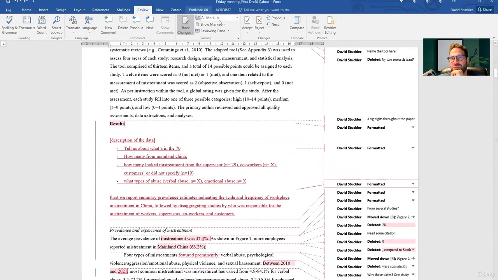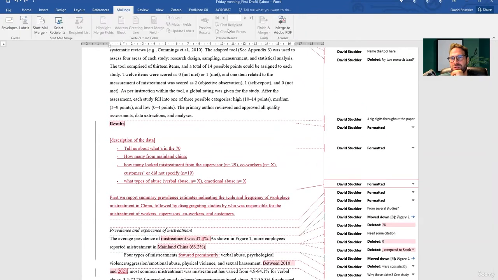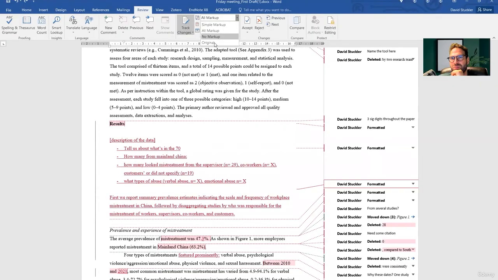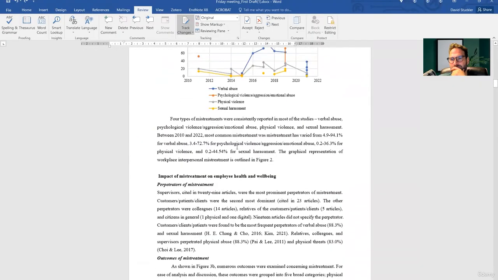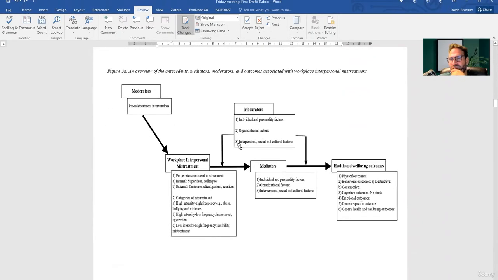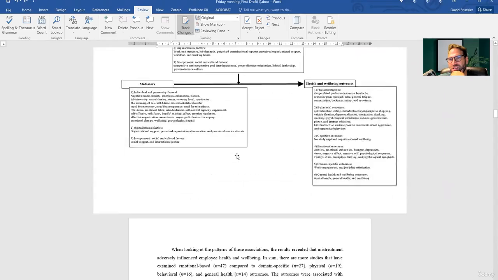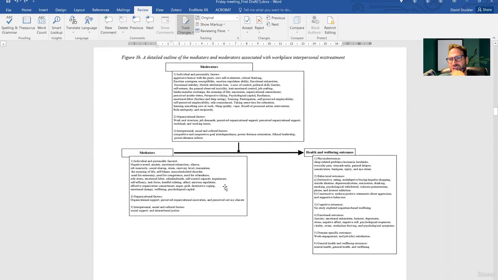Let me go back to the original. That will enable me to see your figure one more time. Yeah, this doesn't really summarize. This is a list, but the problem is this list doesn't tell us which of these were found to be important.